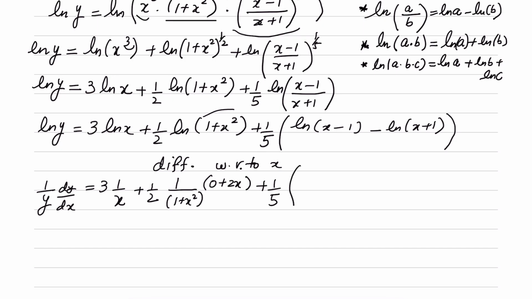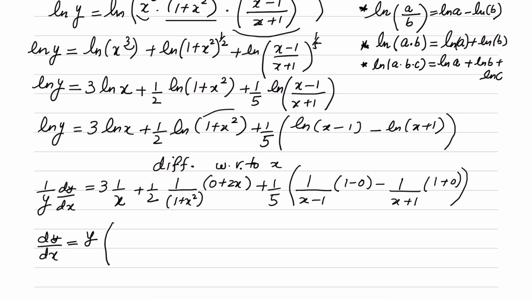Derivative of ln x minus 1 is 1 over x minus 1, and then the derivative of x minus 1, which is 1 minus 0, minus ln x plus 1 derivative is 1 over x plus 1, and then the derivative of x plus 1 is 1 plus 0. We have calculated the derivative. We are bringing this y up